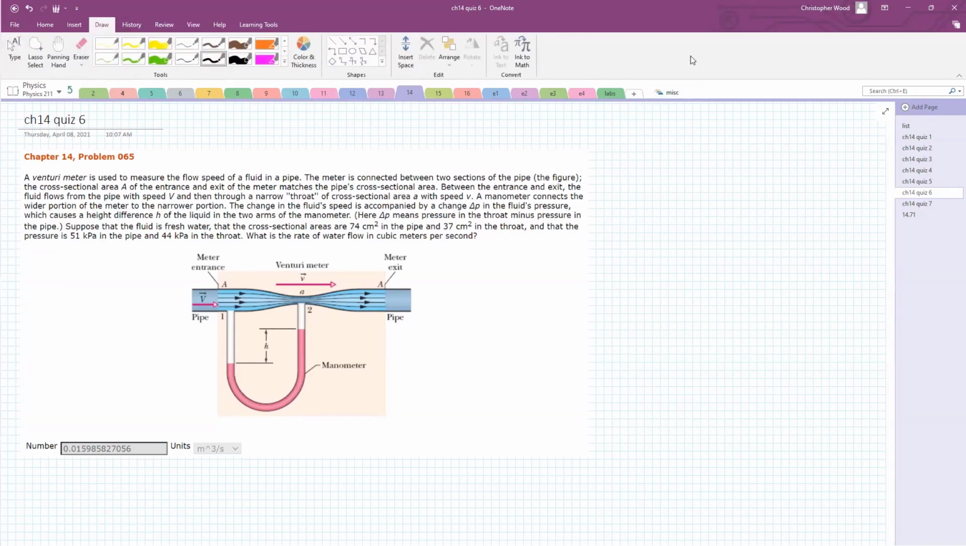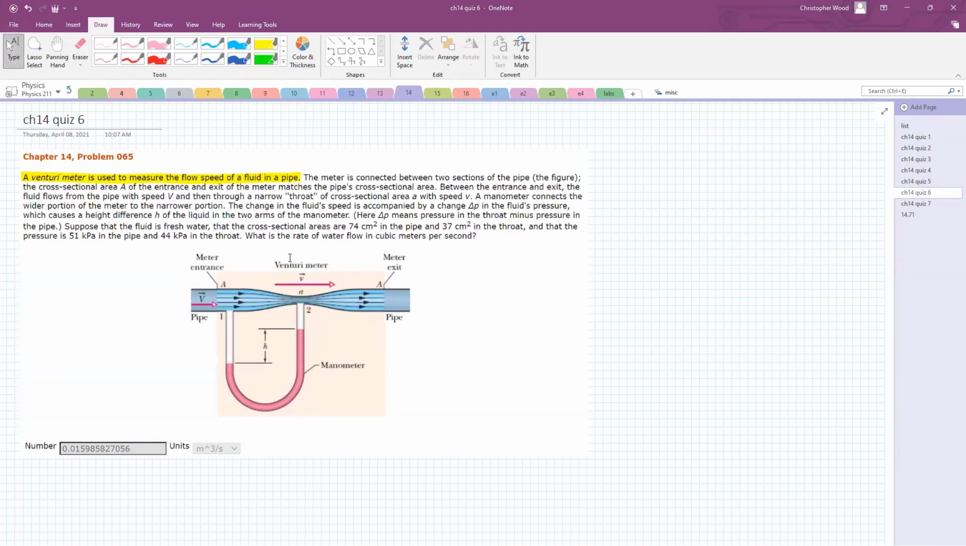A Venturi meter measures fluid flow speed in a pipe. Just reading this statement: a Venturi meter is used to measure the flow speed of fluid in a pipe. So what you see here is pretty self-explanatory. We have a wide region, and then we have a neck region or a narrowed region. In fact, just because we are doing good on time, let me